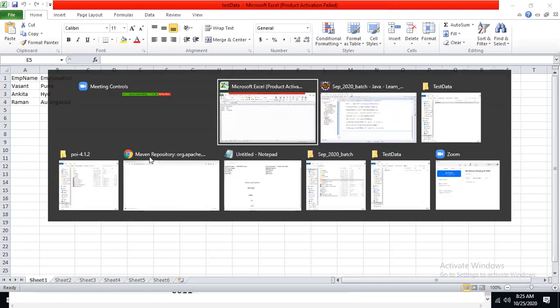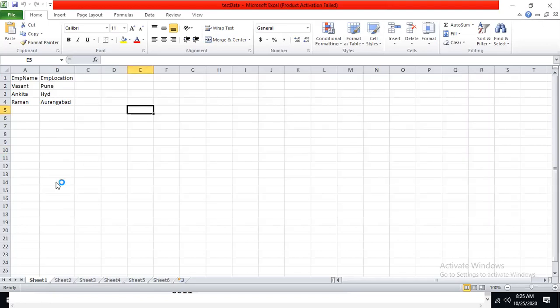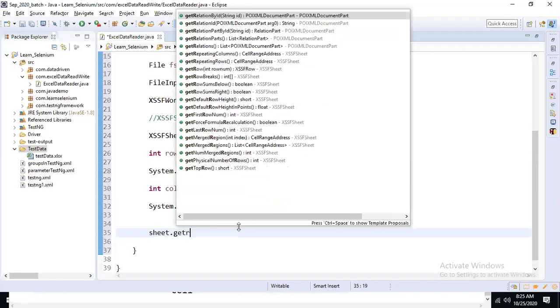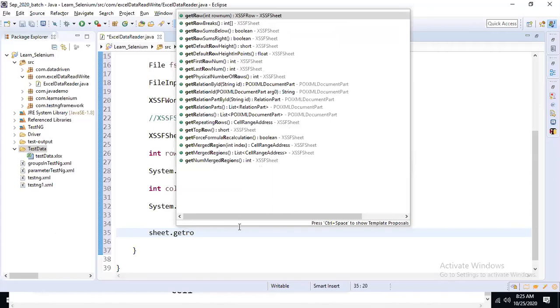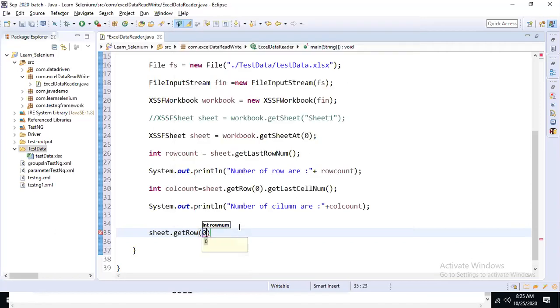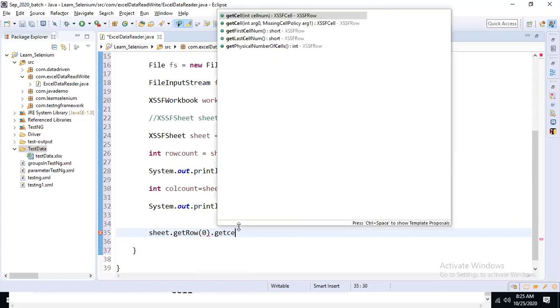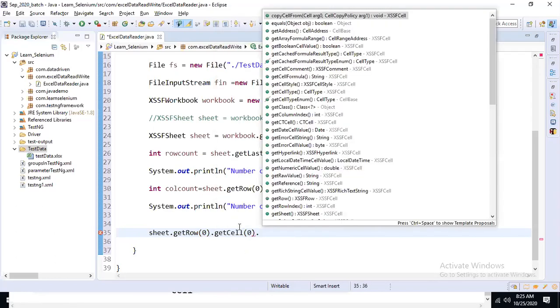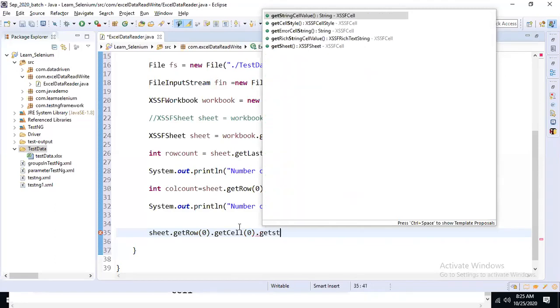How to retrieve it? To retrieve the data from the Excel sheet, on that sheet I want to retrieve the data on a row number. So I say getRow at 0th row, dot getCell at 0th cell, where I want to retrieve the data, which was string type. What is the data type?